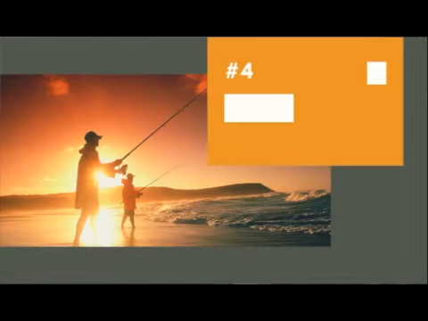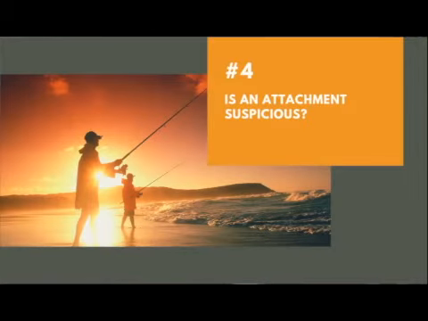The fourth way is if an attachment is suspicious. So how do you know if an attachment is suspicious? Well, some of them are easy. They don't look like anything. It's just an attachment. It doesn't say .doc, .pdf, anything. So again, be worried about that. But even if they say .pdf or .doc, don't just download them and run them, because a lot of times these are hidden code trying to install malware on your computer so that they can hook your machine and then